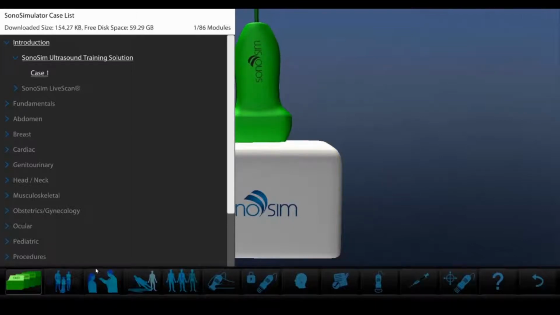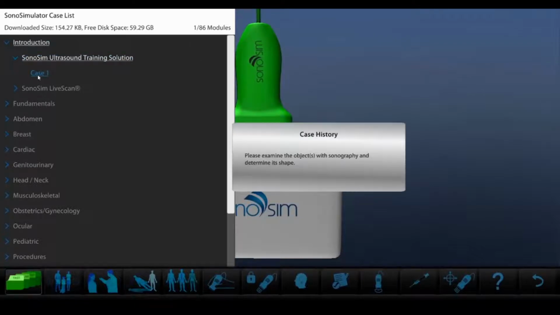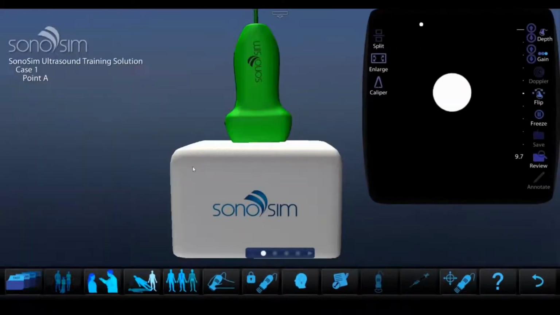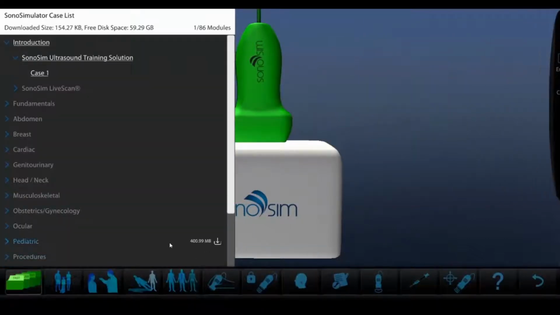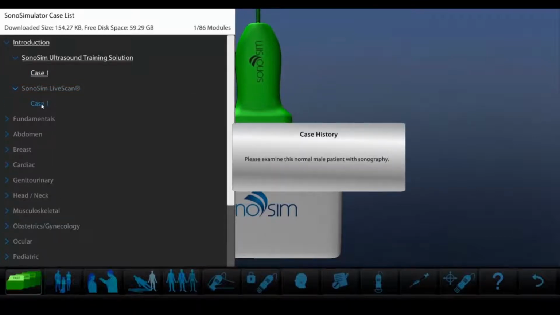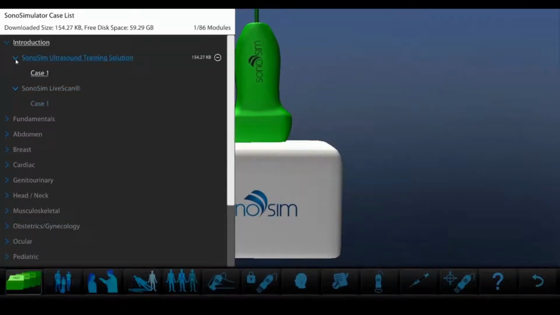To start off, users will be on an introduction case. If they have just SonoSimulator cases, it'll be the SonoSim Ultrasound Training Solution case, which is a re-implementation of the sphere from the scope box. And for our users that have LiveScan, they'll get a LiveScan case, which is just a healthy patient LiveScan case. So that is the only data that will be installed